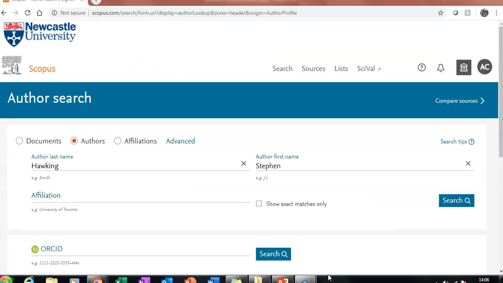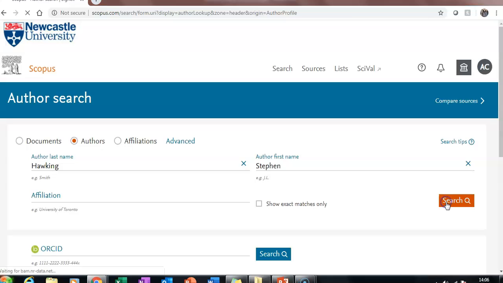So to find your researcher profile in Scopus, you'll want to go to the author search, and you might notice here incidentally that there is a field for ORCID ID. So if you know that somebody already has one, or you're looking to look up yourself and you've already created your ID, then you can go ahead and put the number sequence into this field.